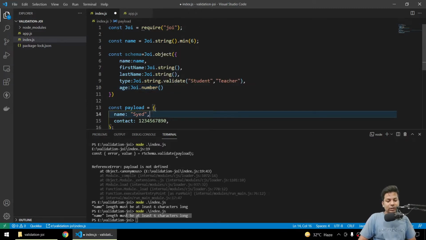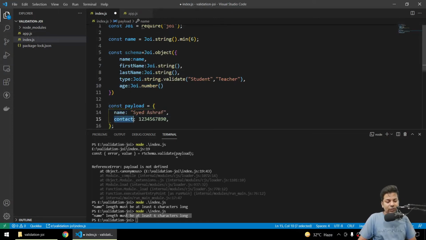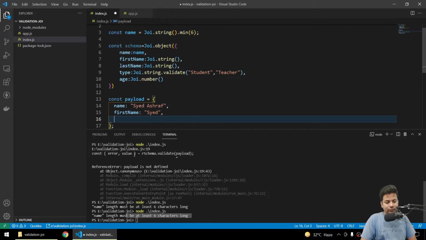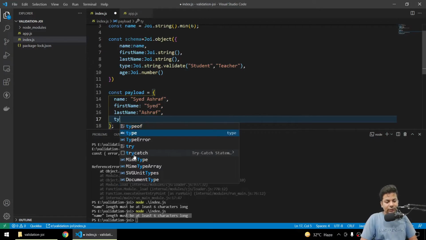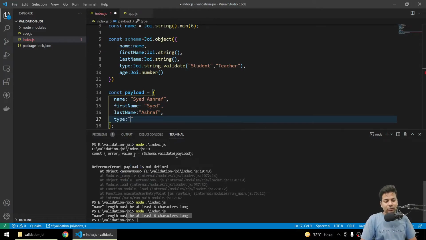So now firstly we'll say Sayyid Ashraf, normal, and first name I'll say Sayyid, last name Ashraf, and type I'll say, suppose I'll say type unemployed, like normal.